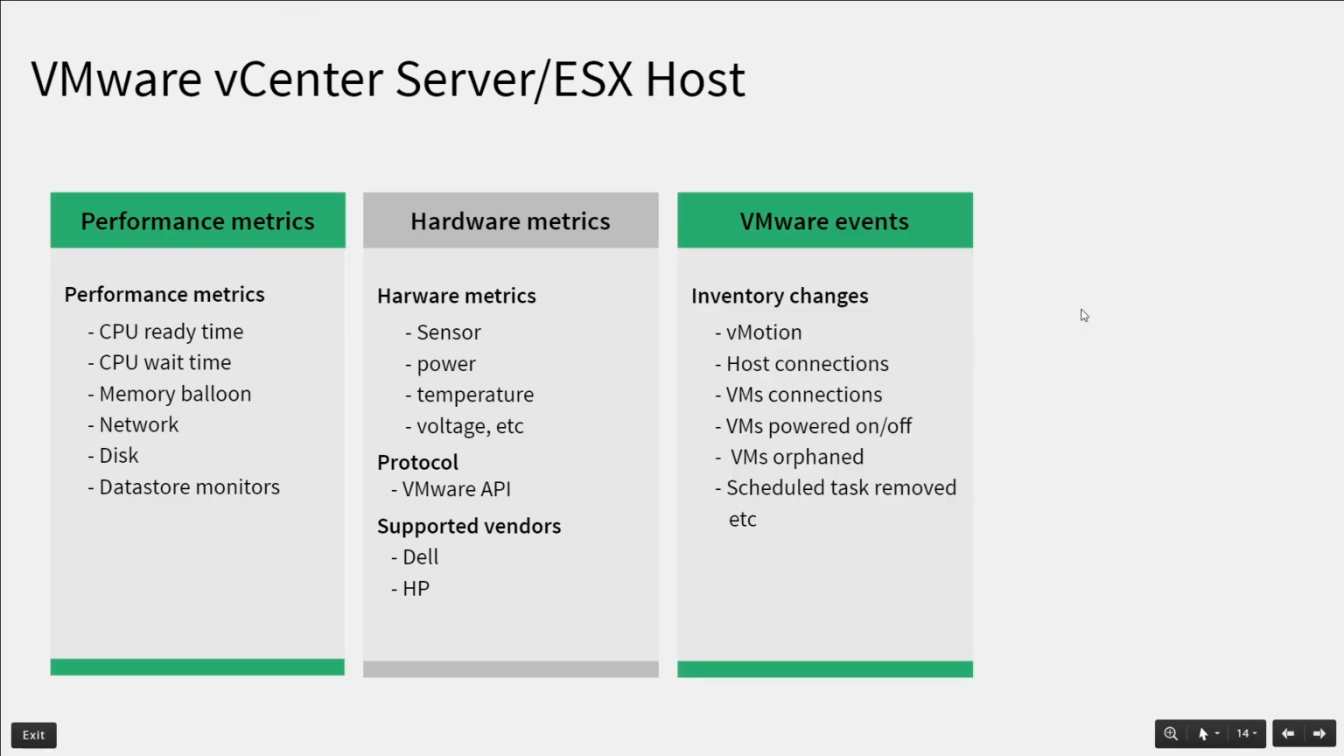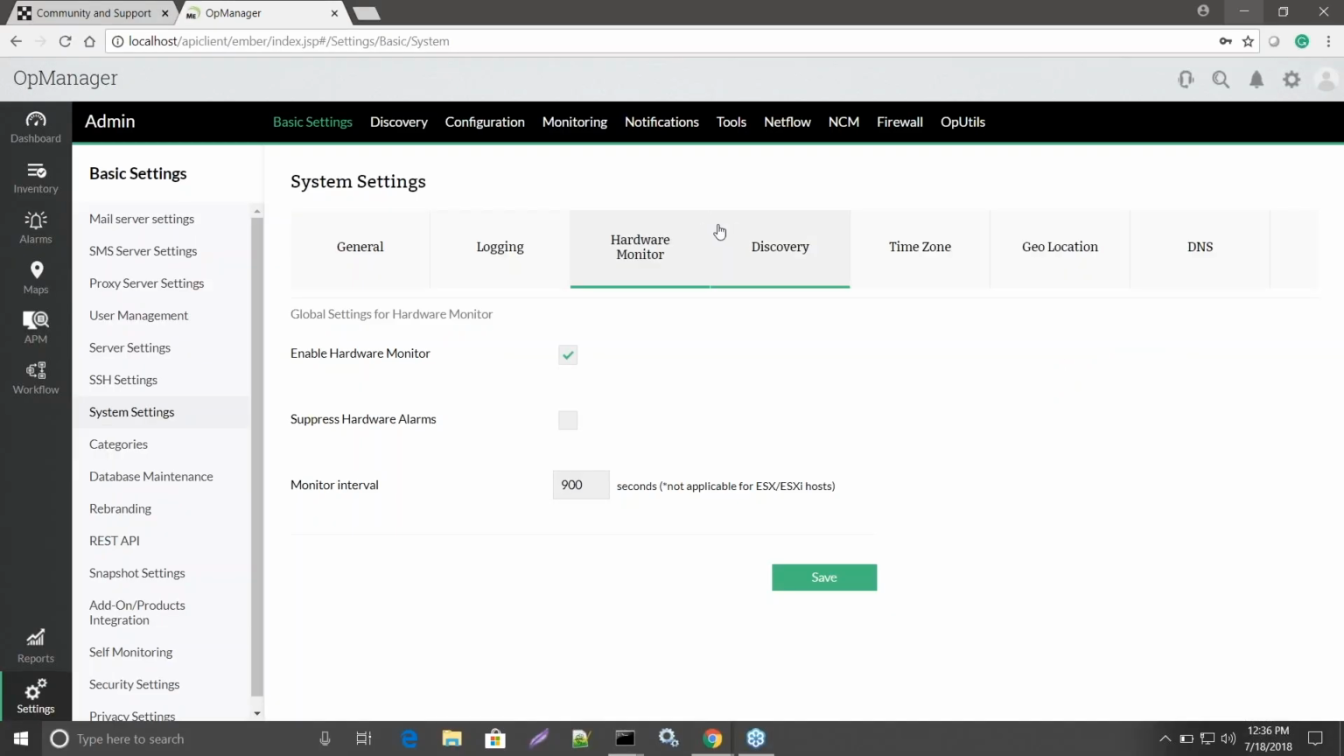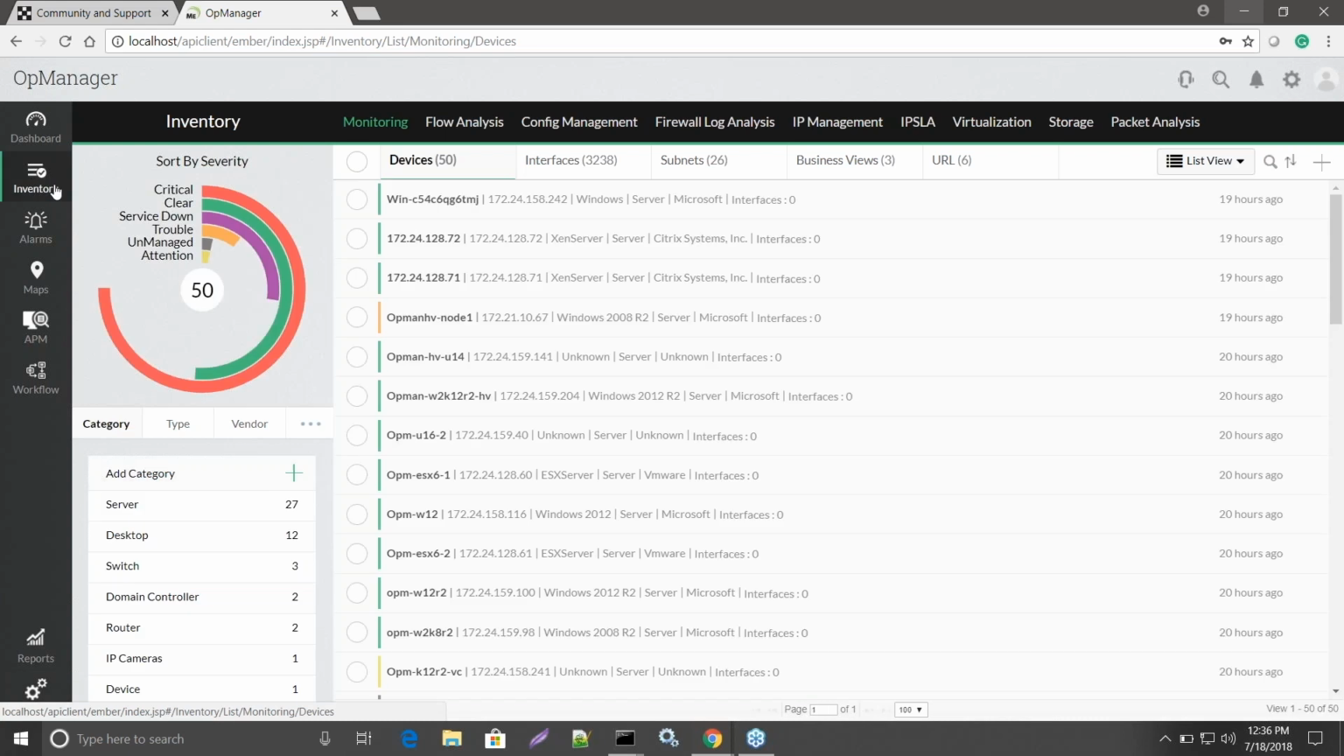The next is about VMware events. Each and every event that happens on your virtual environment, like inventory changes or vMotion, say one VM is being migrated from one host or vCenter to another, or host connections, or if any of the VMs has powered on or off. Any of these events that happen on a virtual environment can also be captured, and it would also help alert you from OpManager. Let me get back to the virtual environment and show you